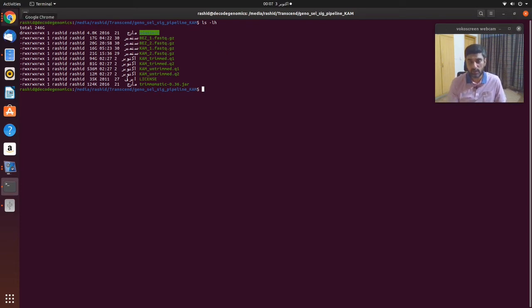This software is freely available and you download it using the wget command, pasting the link you copied from the browser. Secondly, you install that downloaded program using the command sudo apt install Trimomatic.